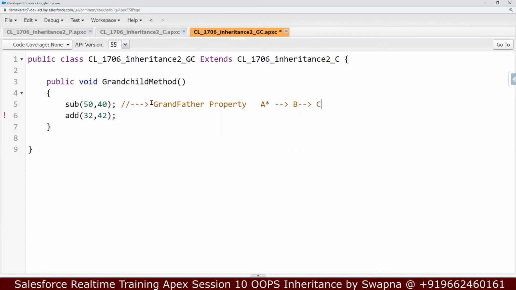Child can access the grandfather property as well as the father property. That means B to C, so it is accessing the father property. Right? So if I try to execute this,